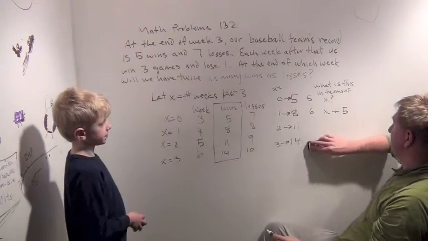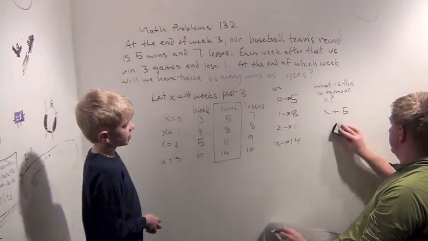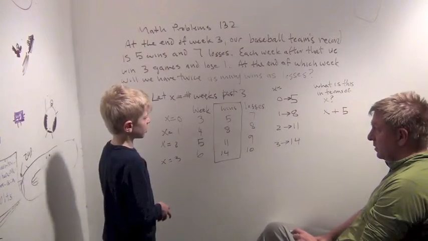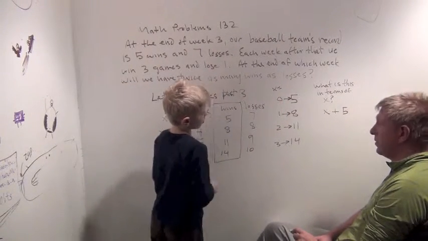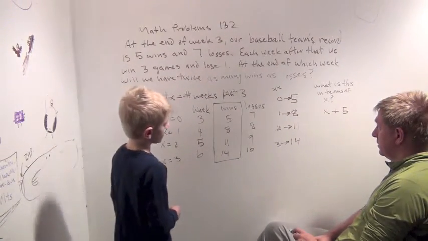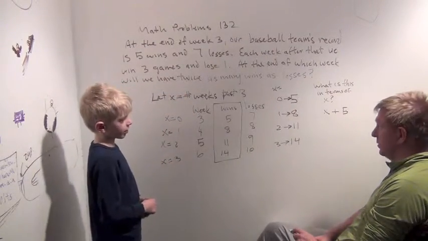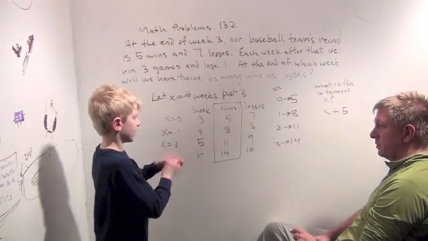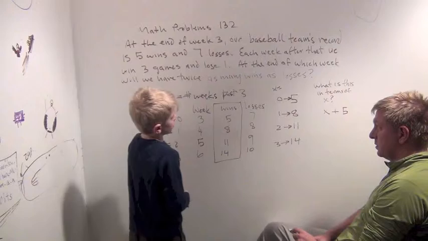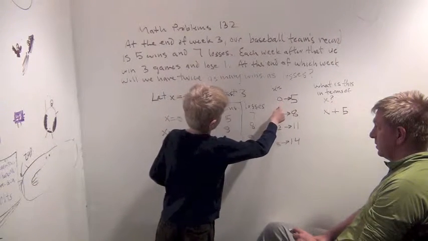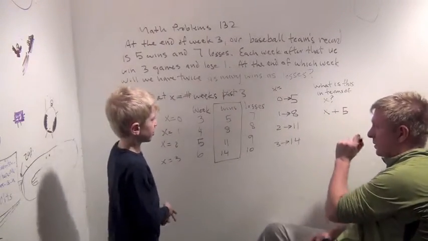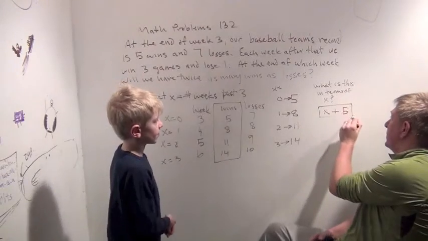Okay, so what's another guess? Well, maybe we could multiply something, but it won't work for 0. What do you want to multiply? If you multiplied by 5 every time, it'll go 0, then 5, but you need it to differ by 3. So you must multiply by 3. What do I get when I multiply this by 3? You get